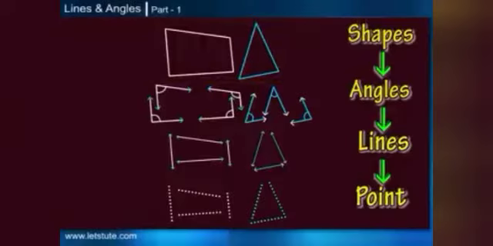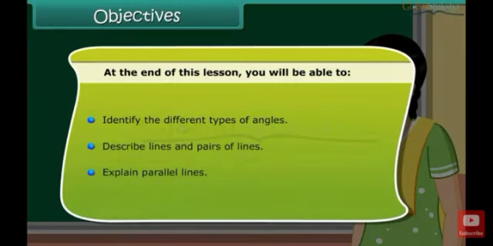Without the knowledge of properties of these lines and angles, do you think we can draw the layout of a building or a ray diagram or any model? No, isn't it? That is why let us first revise the terms and definitions related to lines and angles learnt in earlier classes.